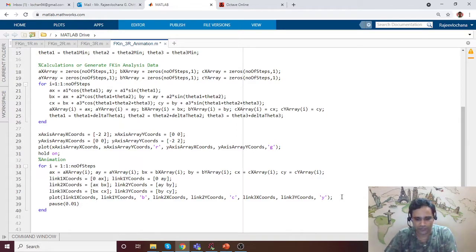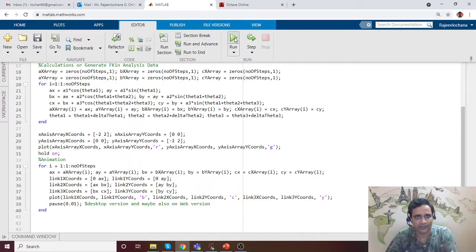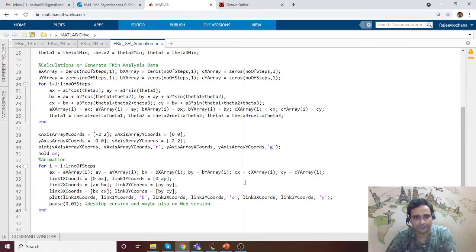Typically we give this in the desktop version and maybe also in the web version. Okay, I've added a pause function. Let us now execute this and see what happens.